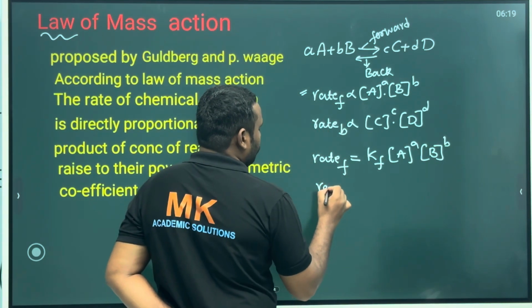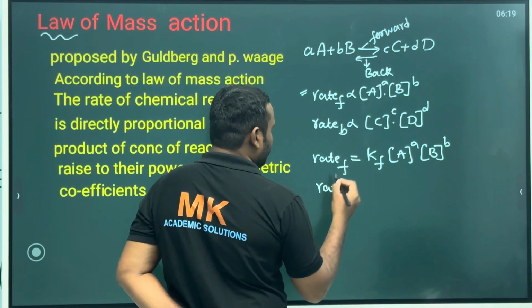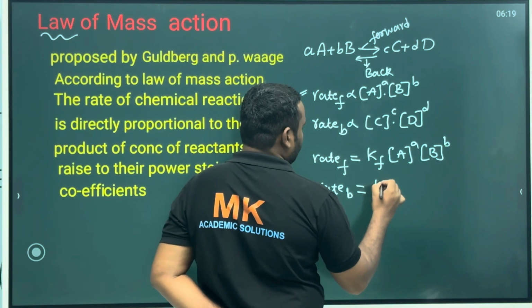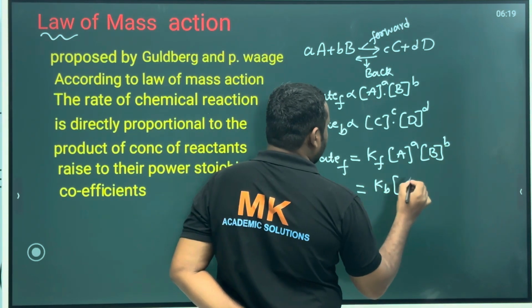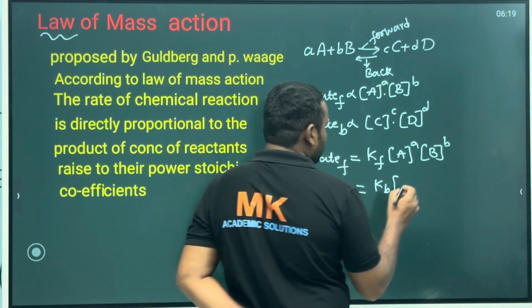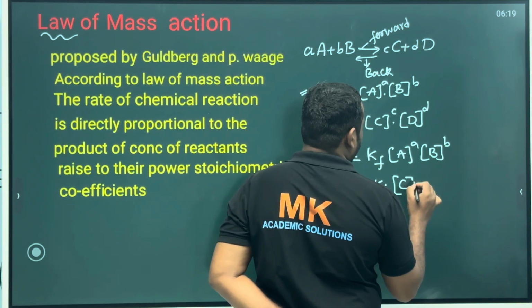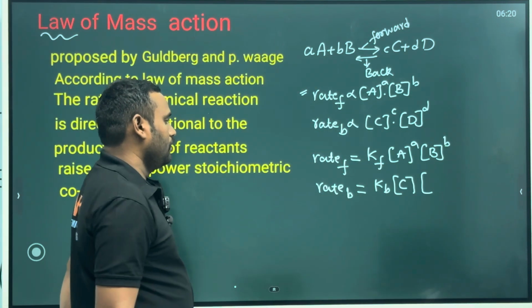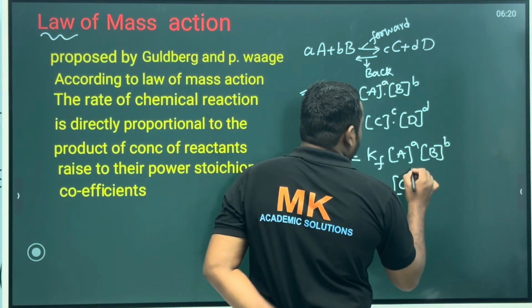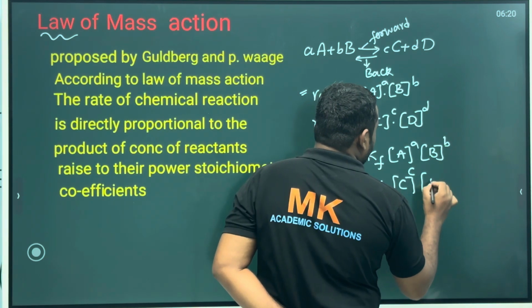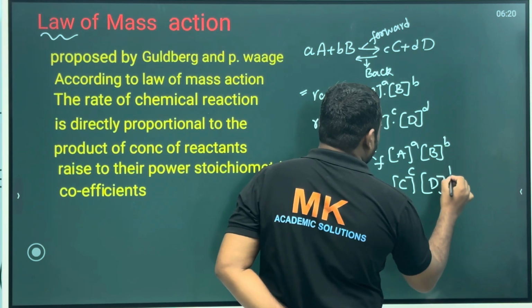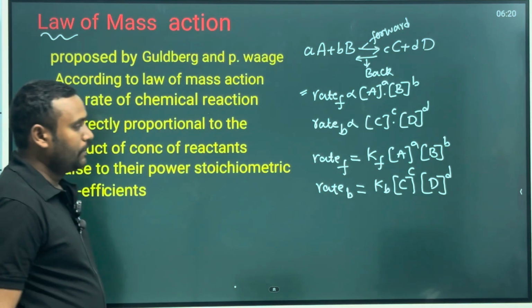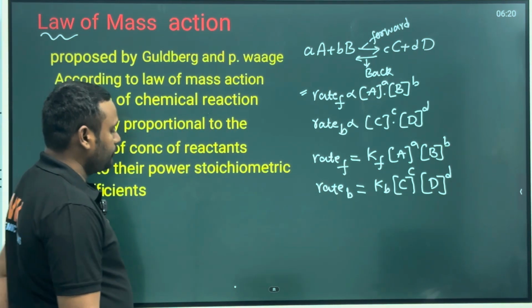The rate of the backward reaction is equal to the rate constant of the backward reaction, Kb, into concentration of C power c, concentration of D power d. Now at equilibrium,